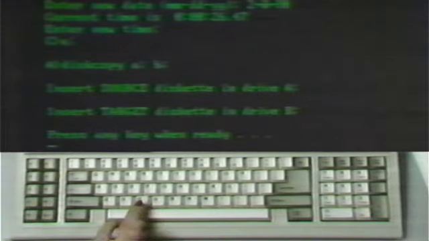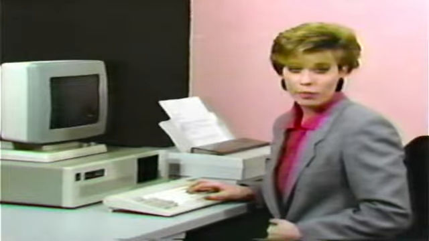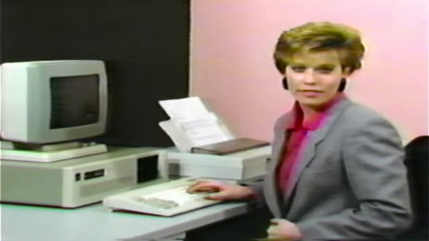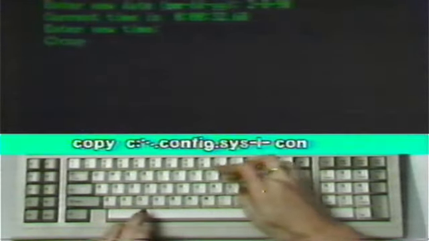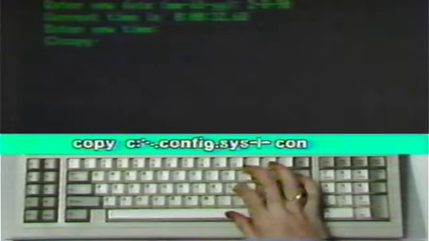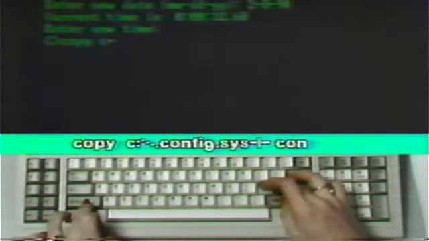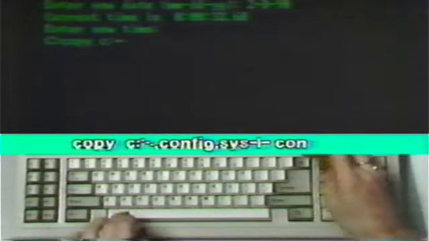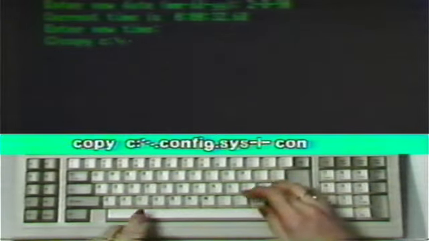Now get the C prompt again. The DOS file config.sys has to be changed to handle WordPerfect's disk usage. Console input is the quickest way to change it. Type copy, a space, and C:\ config